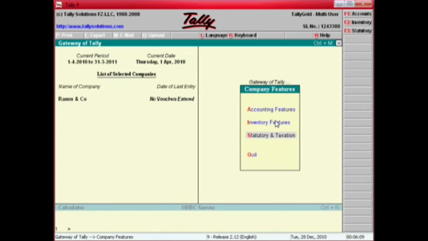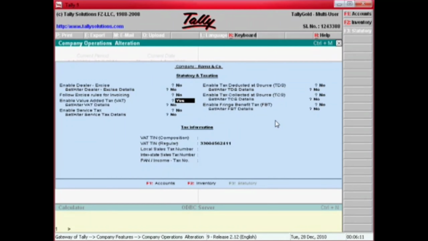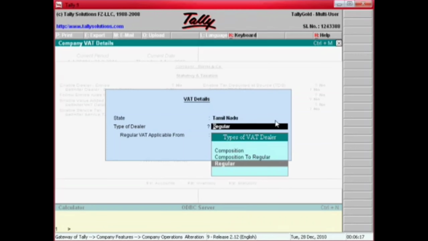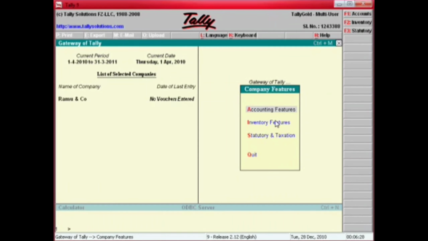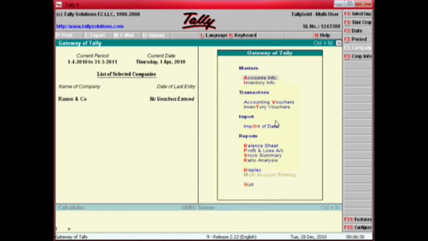Then go to statutory reports. Here you have to say yes for VAT. Then this also yes, Tamil Nadu. Here you have to enter your company's TIN number. That's all. Now I will explain how to create the ledger.